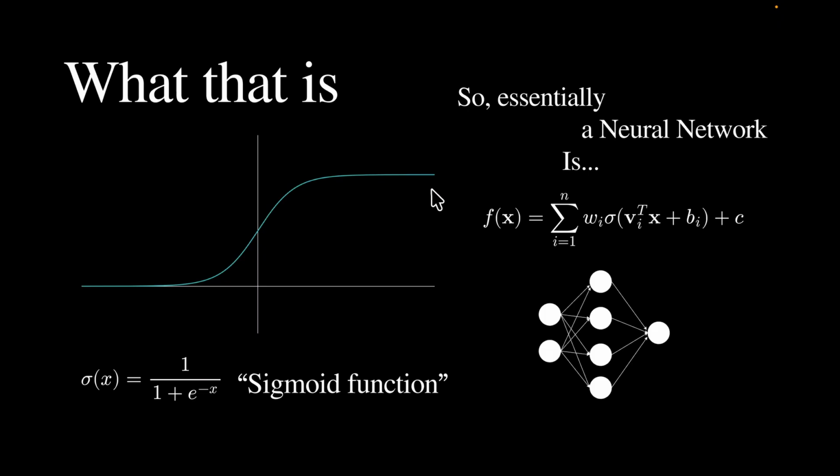So a few words about what a neural network is. It's a machine learning algorithm that is capable of learning almost anything. It's built on sigmoids. The sigmoid function is something like that. And a one-layered neural network is just this thing. It's a weighted sum of sigmoids with different weights. This V matrix represents weights, just as we were talking about in weighted mean. It's just a weighted sum of parameters plus some bias.